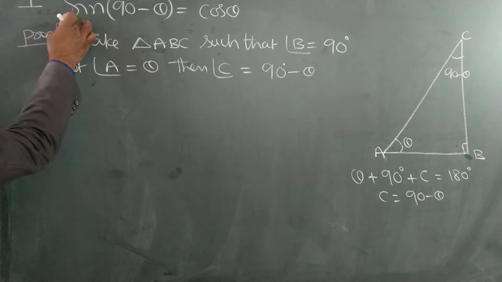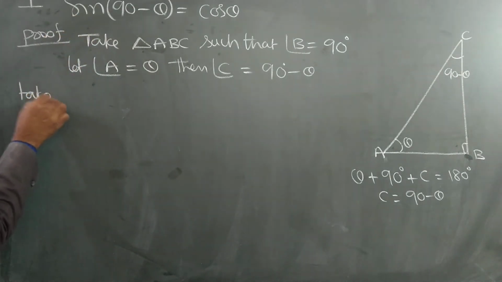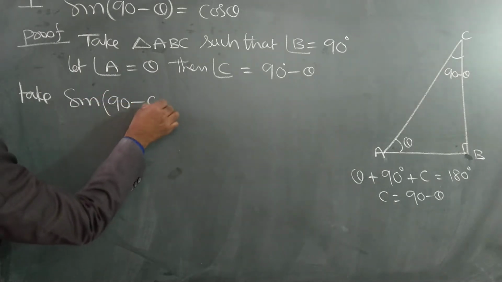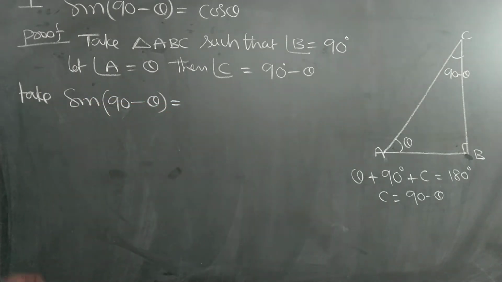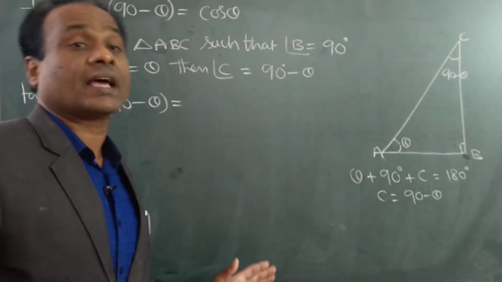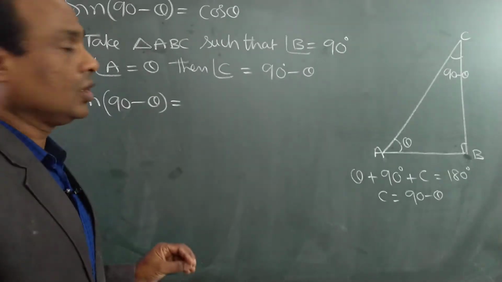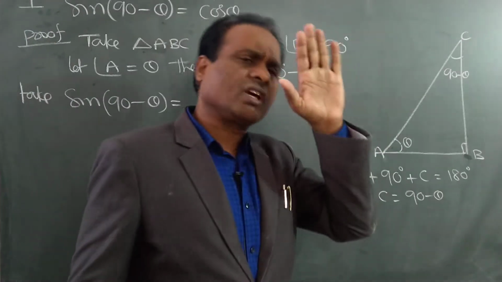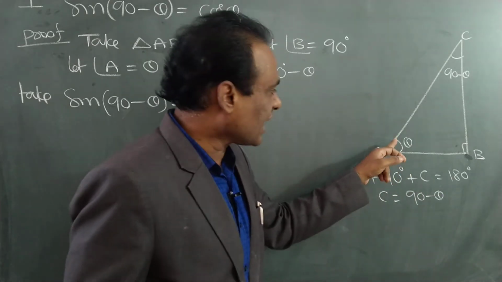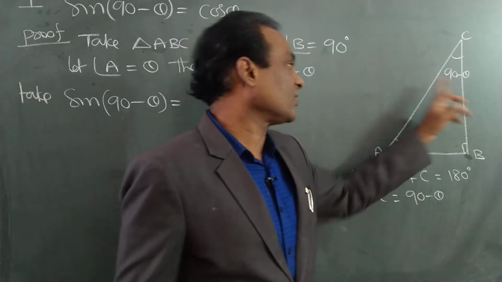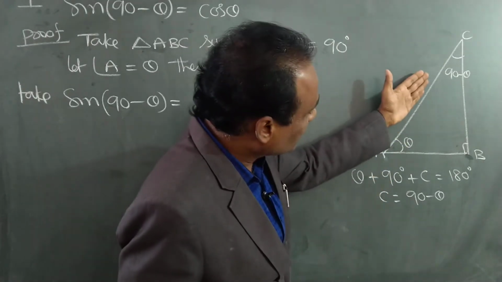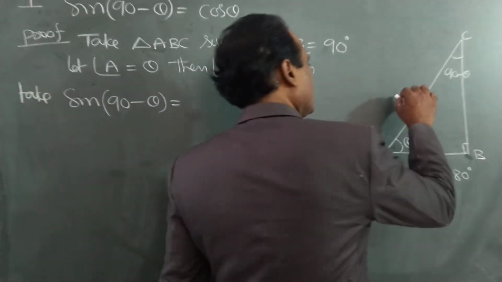Now take the sin 90 minus theta. Don't just write sin 90 minus theta. From the beginning I am explaining this concept. I explained it many times because there is some confusion here. In most cases, maybe 80 to 90 percent of the cases, we take this angle. For this angle, I will name the sides. What is the name of this side? Hypotenuse. This is always the hypotenuse.